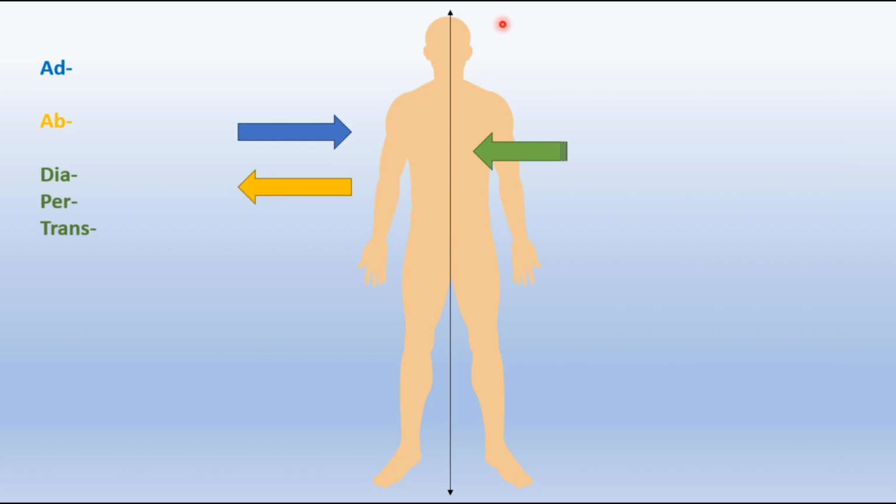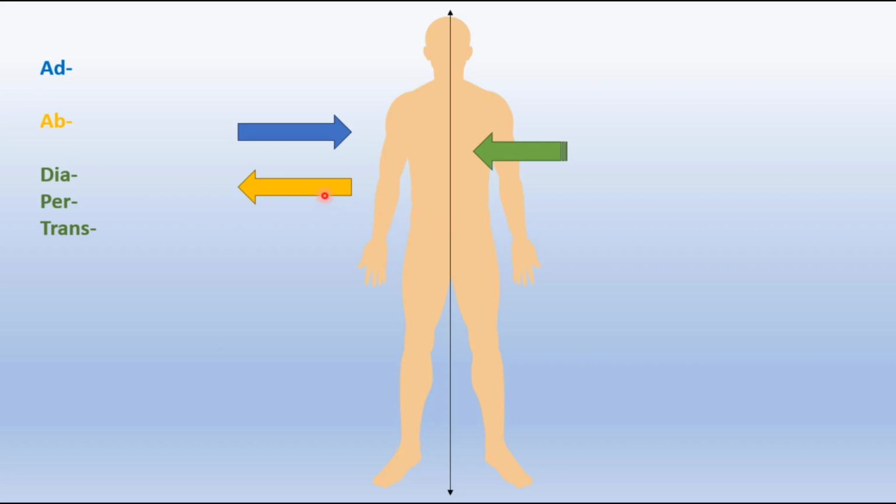Before we talk more about these prefixes, please look at this man. In this picture, you can see that everything that goes away from the center of the body, we use the prefix ab, and everything that moves toward the center of the body, we use the prefix ad. For example, adduction of a limb, which means when you move your limb toward the center of your body. Or when you say abduct the muscles or abduct a limb, you mean that